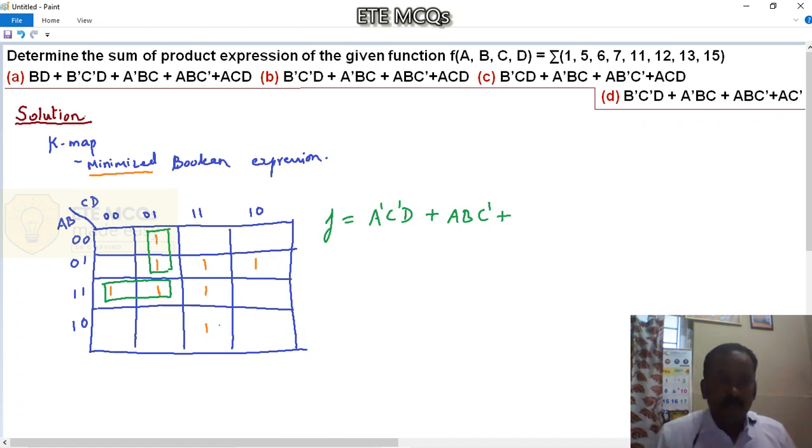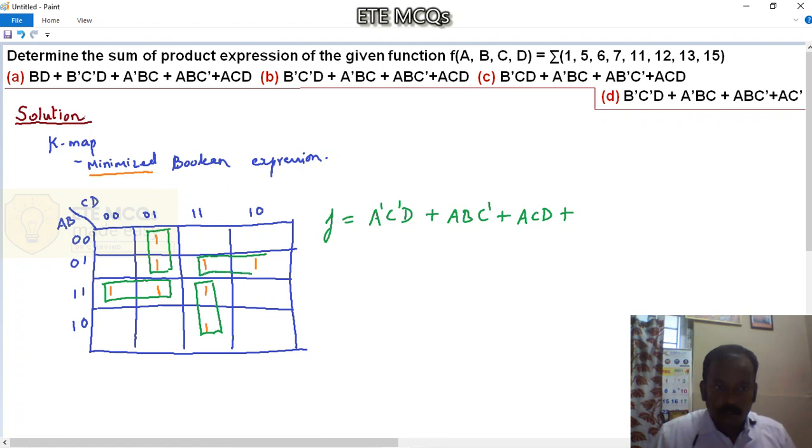the next grouping is, if you take this one, the only possible way you can group this one is, a better grouping for this one is this one. So when you perform this grouping, what we get is C and D are constant for both the ones, and here A is constant. So it is A, C, D. A, C, D plus, and this is the only one that is left out, because this one can be grouped with this and this, but grouping this is secondary. Since this one has got no other option, you need to perform this grouping first.